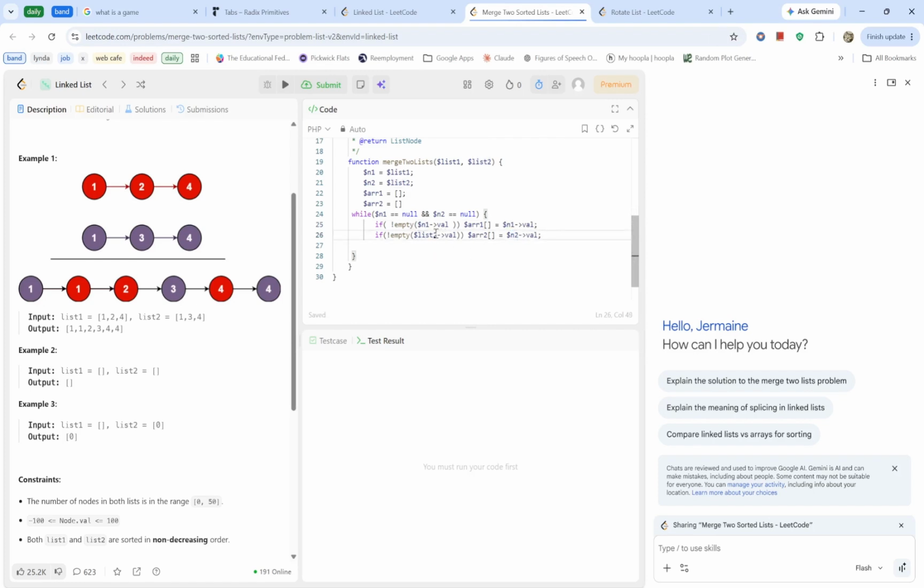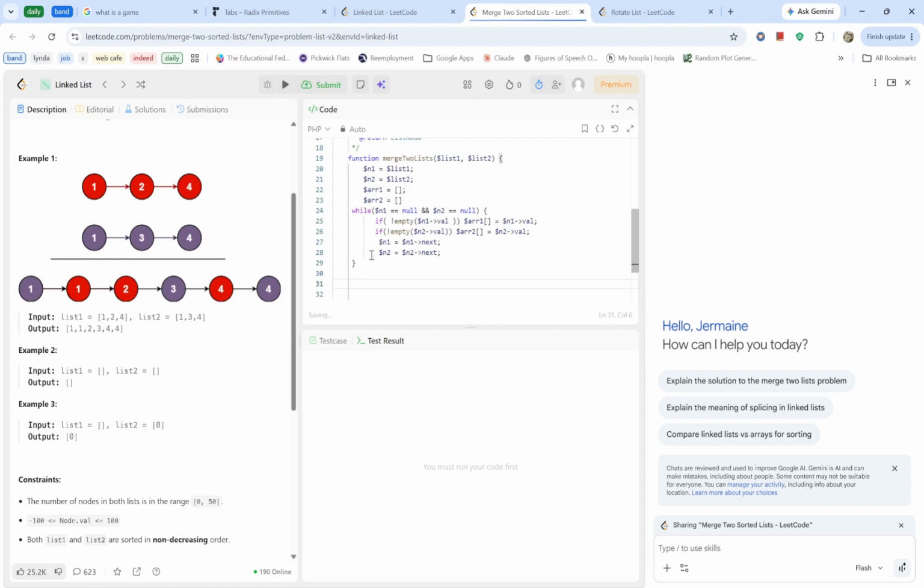Into, into, and then I was supposed to put, at least the idea now is to put in one dot next, which will get the next list node, and in two dot next to get the next list node. And this should get all of the list nodes and then assign them to the arrays. And then I do like an array merge, which will have them